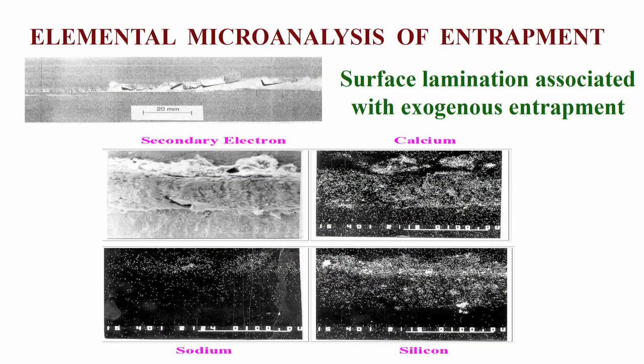We know what elements are present and how much of them are present. So, this is helpful in identifying what the constituents present in the entrapment were. And if you know that, then in the future, when you are making the steel in the subsequent steps, when you are making the next heat, we know how to take care so that this problem does not happen.